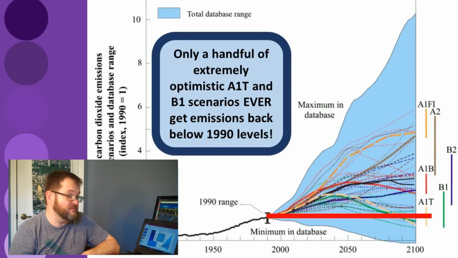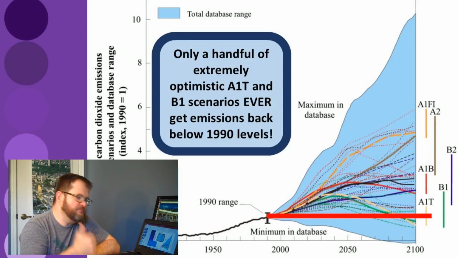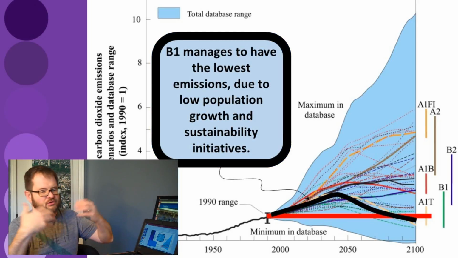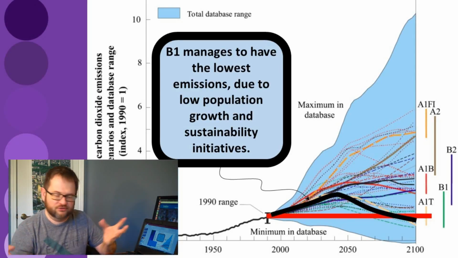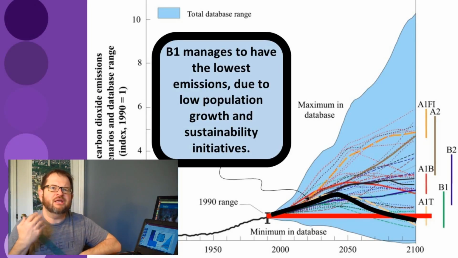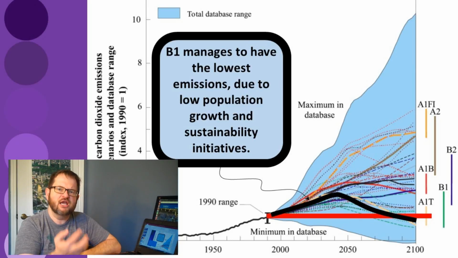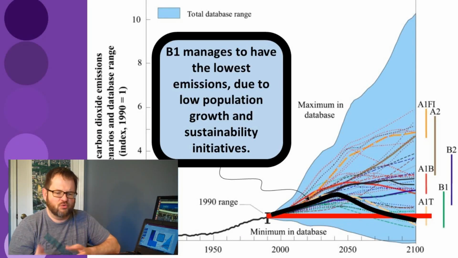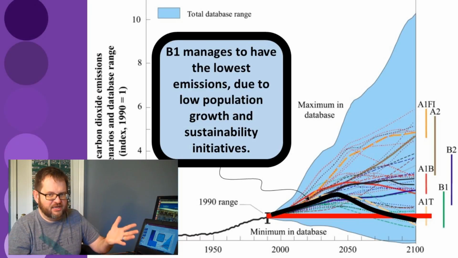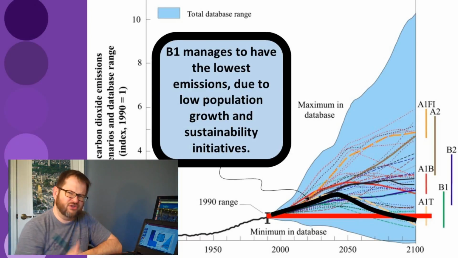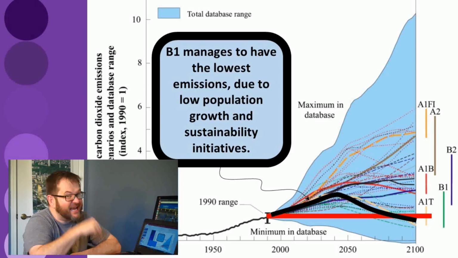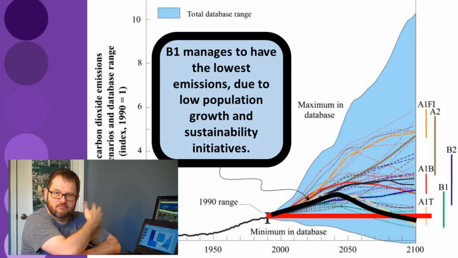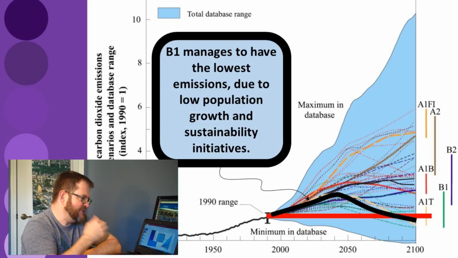And we weren't happy with our amount of emissions back in 1990. Remember, B1 was that sort of very slow growth, emphasis on sustainability, emphasis on global solutions, the Star Trek solution. And A1T is the one where we really have some breakthroughs in technology, power generation and power distribution and so on. We have fast economic growth, but it's happening using almost completely clean technology. Both of those are frankly kind of unrealistically positive scenarios, and they're the only ones that ever get the emissions back just to 1990 levels, much less fixing the problem. This is a big deal.